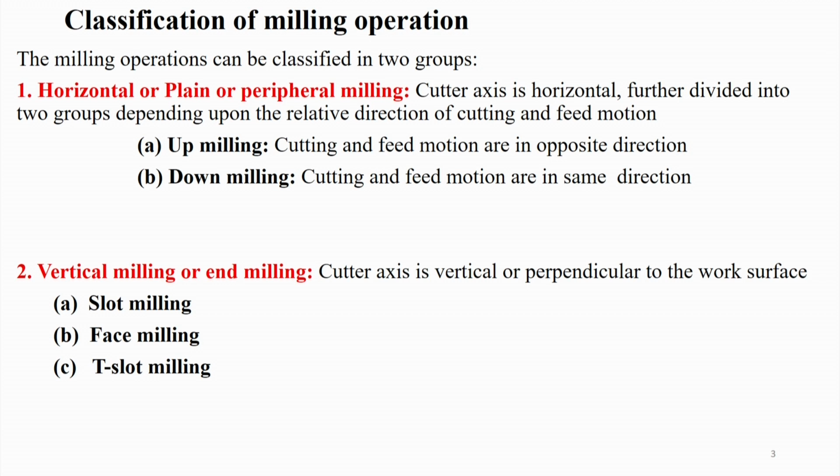Then T-slot milling, in which we want to make a T-slot. You know what a T-slot is? It is like this, and you can fit a T-bolt in it. So, this type of slot is generally made. You might have seen a milling machine table in which these types of T-slots are already made, and various other places like in a planer also sometimes. So, a T-slot is used for fastening. There will be a T-bolt which will have this type of head. It can be slid inside the T-slot. So, T-slot milling is also there, which makes a T-slot.